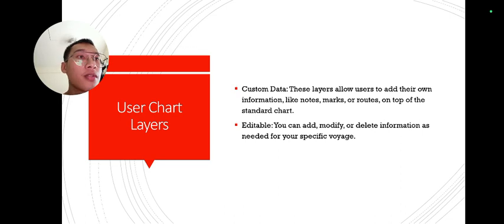So, for example, you can add obstacles if you have obstacles in your route, or if you have information that isn't in the information layers, like some collision, you can add it in the user chart layers.